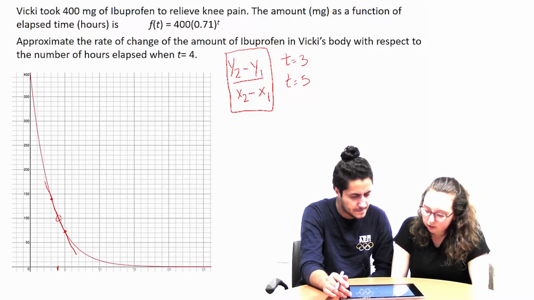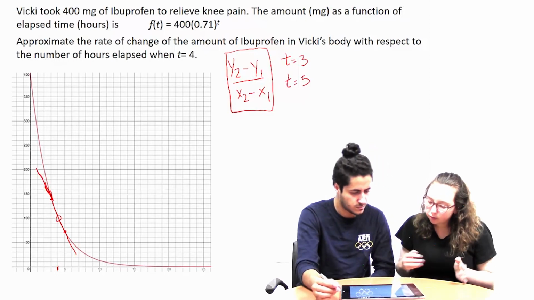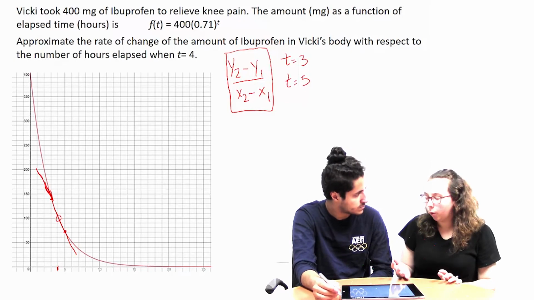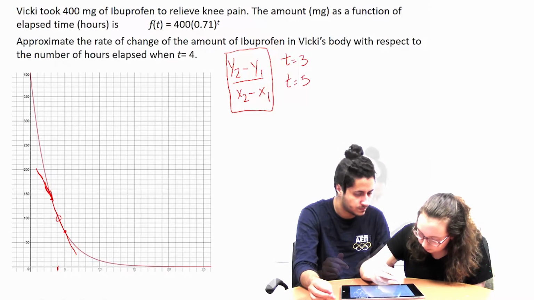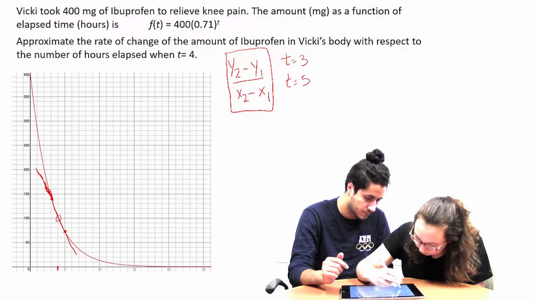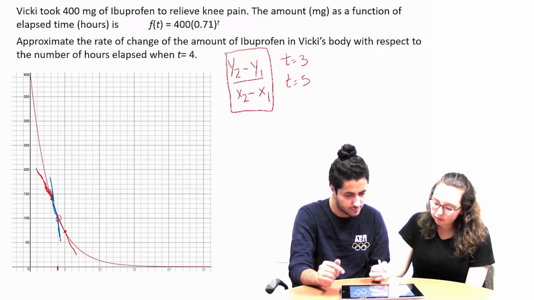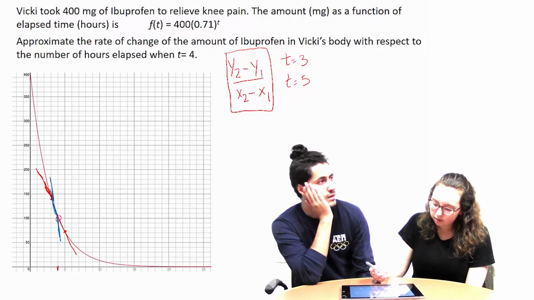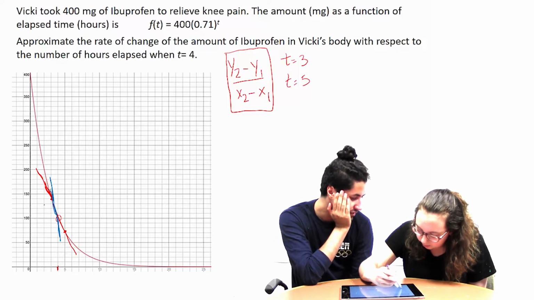But like, could we make it better by making it like smaller intervals? Maybe like we could do like 3 to 4. I don't know if that would. It's kind of not good at drawing these lines, but I guess that looks like way too steep now. Yeah. That might be too steep. Like if we did 3 and 4. I guess it'd be the same with 4 and 5, but it'd be less steep